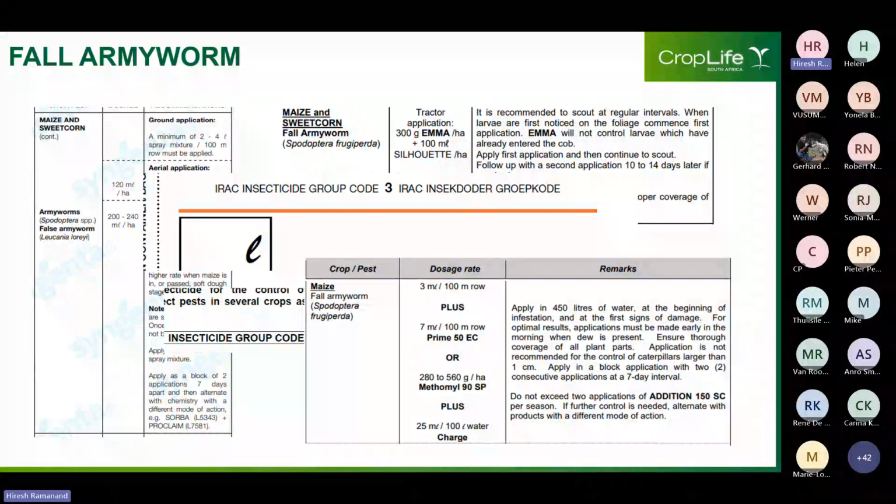Further, based on what I have just covered on the previous slide, the threshold may be set at 10% for areas that are not at high risk for the same stage of crop development. We also see that at the reproductive stage of crop growth, the product must be applied while the larvae are still outside the cob, because once they move in, the product will not be effective. Now, very important, right at the bottom, as we see here,